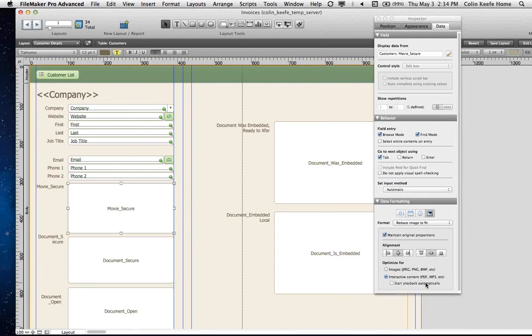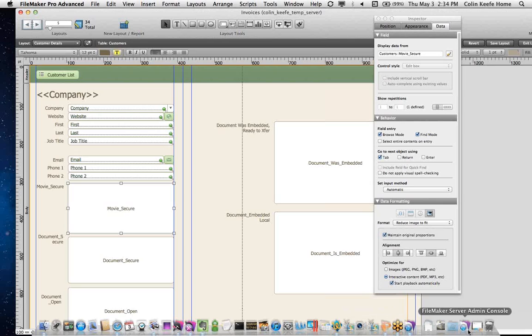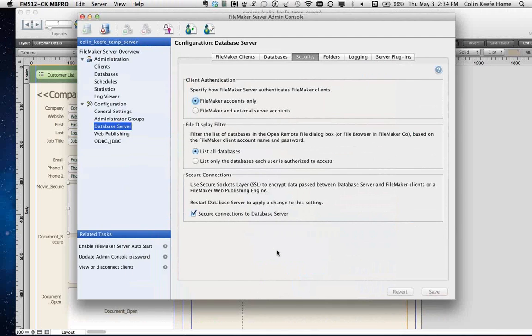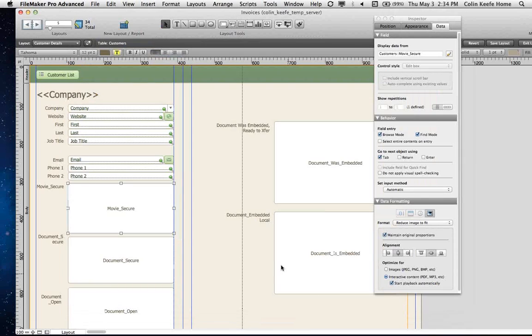I'm going to switch it back to interactive content and start playback automatically. Now, this interactive content is part of the whole streaming thing, right? So if I have, again, on FileMaker Server, this thing unchecked, the secure connections unchecked, then functionally speaking, when I have that enabled for a field, the data is going to immediately begin streaming and start playing, or if you have the playback automatically set,